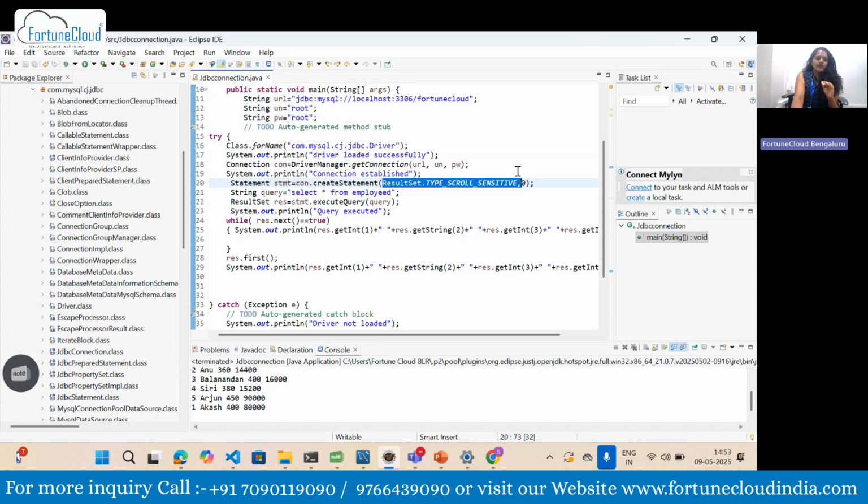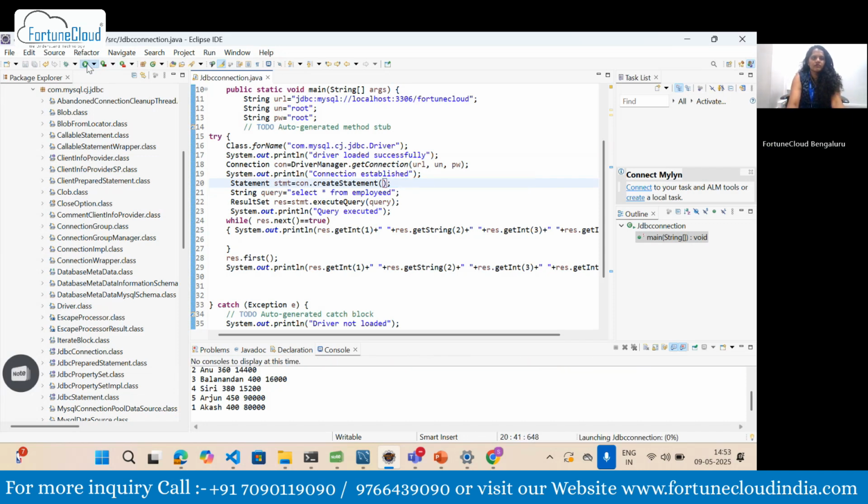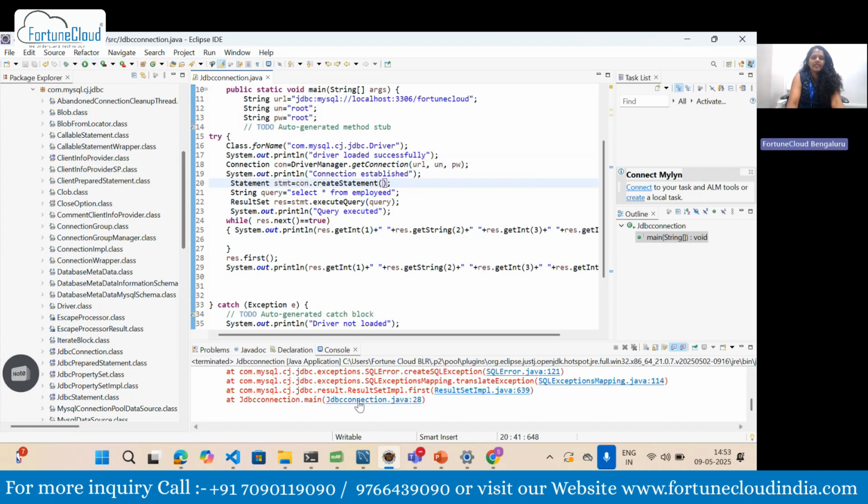Because of this variable, as I'm using inside the create statement, I could scroll back to the first row and I could fetch the first row. Suppose if I remove this, I can show you the result. Let me select and remove that. So we'll get an error